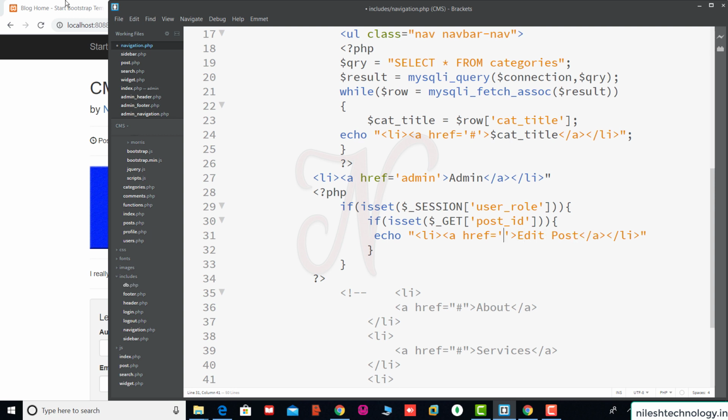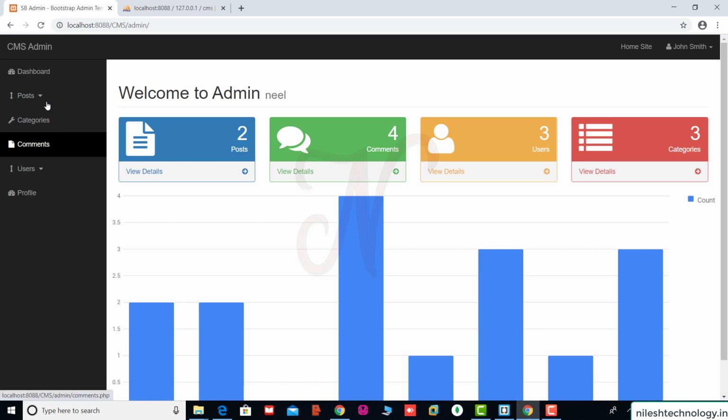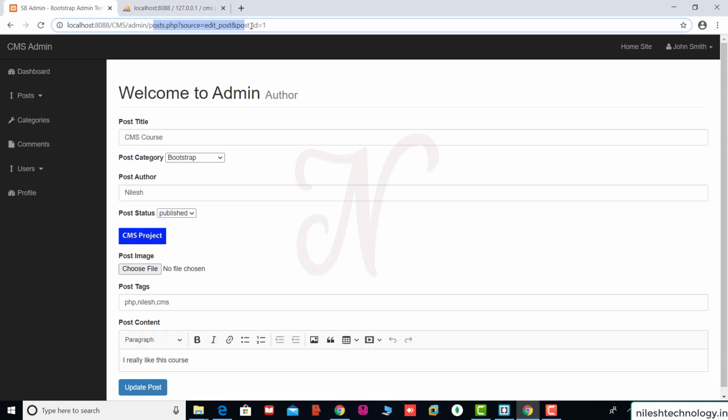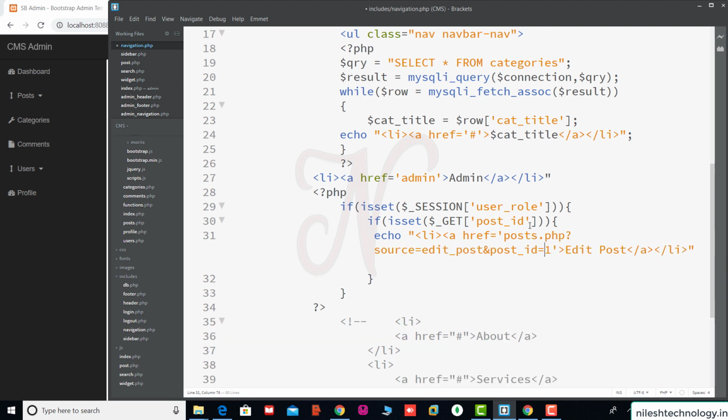So see here again, we are going to this admin, post, view all post, click on this edit. So focus on the URL. See here, now we copy this URL, edit post, and add it into this section here.